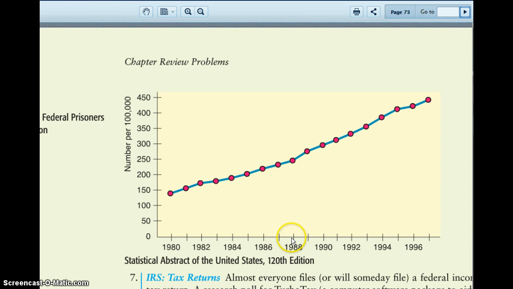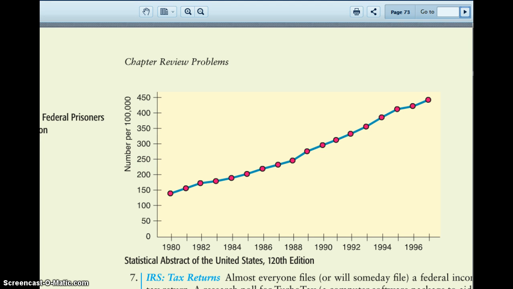For example, if it said estimate for 1988, I would say 1988, the dot's right here, which looks like it's just under 250 people per 100,000. So my estimate would be 245. If your estimate was 246 or 247, 244, that's fine. It's just an estimation. Look at where the dot is and give the best reading you can of the number